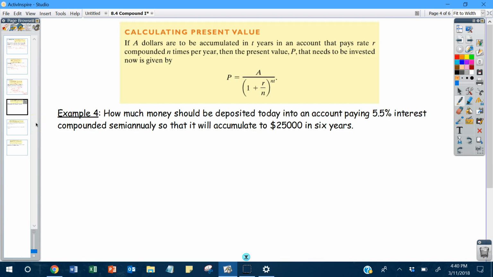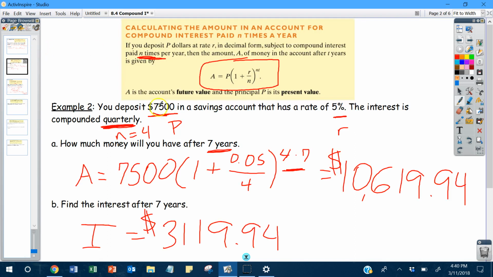So just like with a simple value formula, we can use the formula to find out other pieces. So there's 4 different pieces of information that you put in. Actually, there's 5 in this case if you count the future value. So if you have the present value, the future value, the rate, the compounding periods, and the amount of years that you invest for. So with the 5 pieces of information, usually you only have 4 of them. So like in this example, we have 4 pieces. We have the P, the R, and the N, and the T,